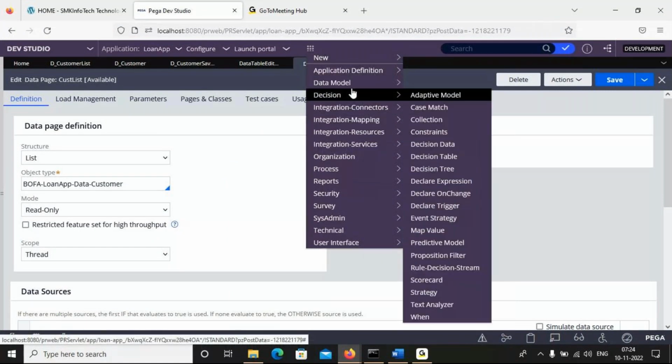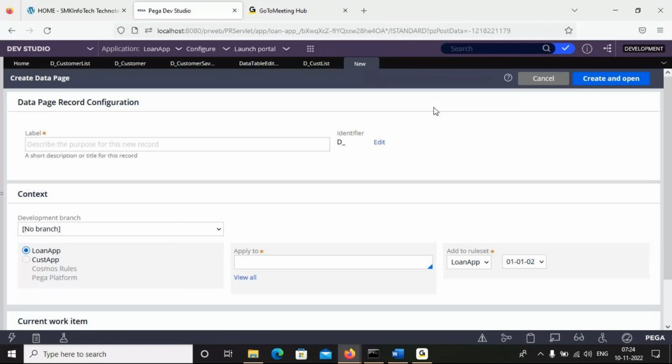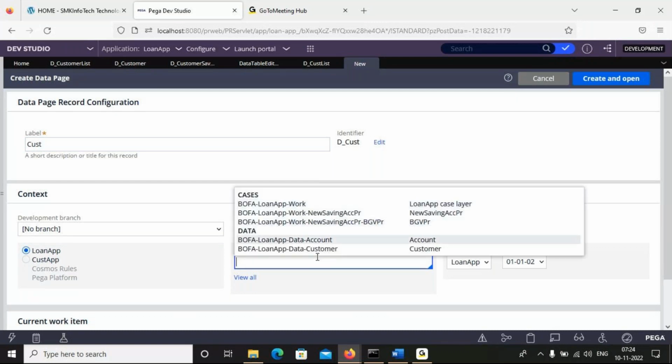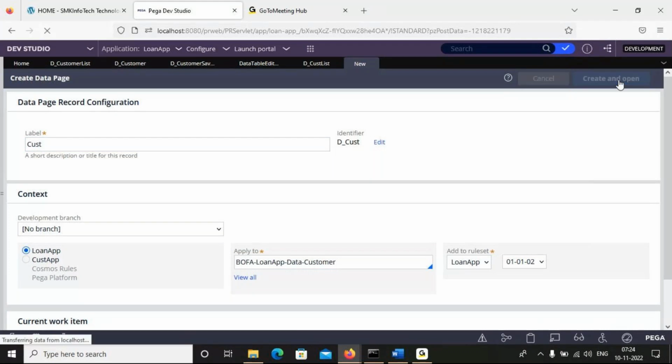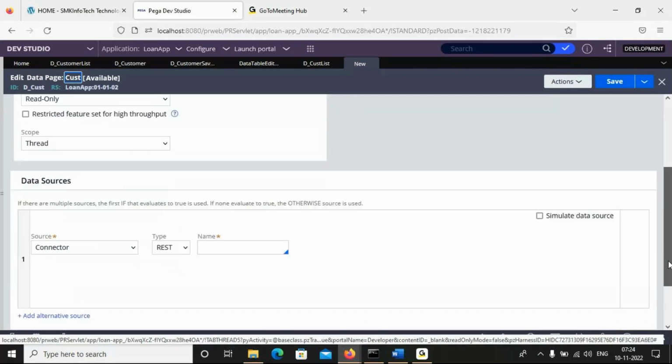Same way, database. So I'm going to create a cust single page. When you want to fetch the data, no thinking, blindly you can say database, I can use single page, read only thread, and come to source, lookup.